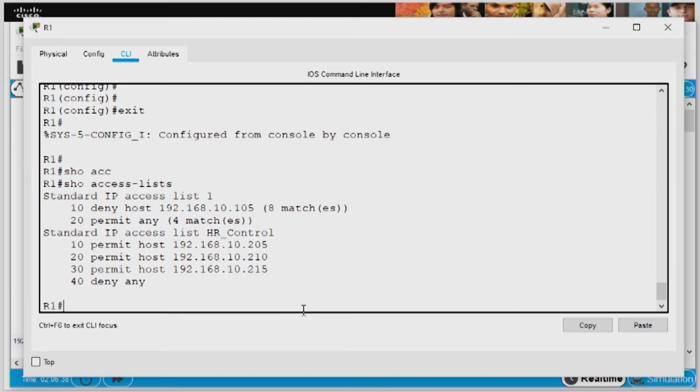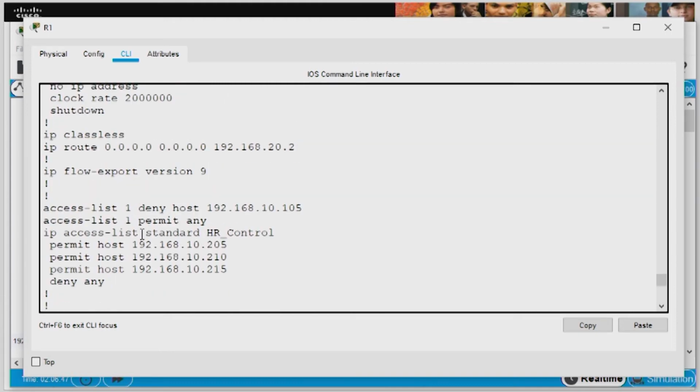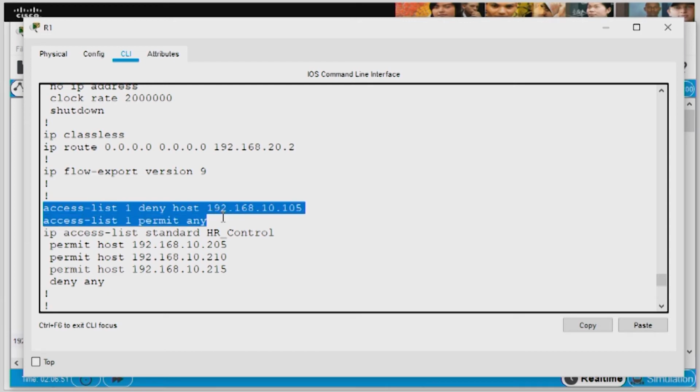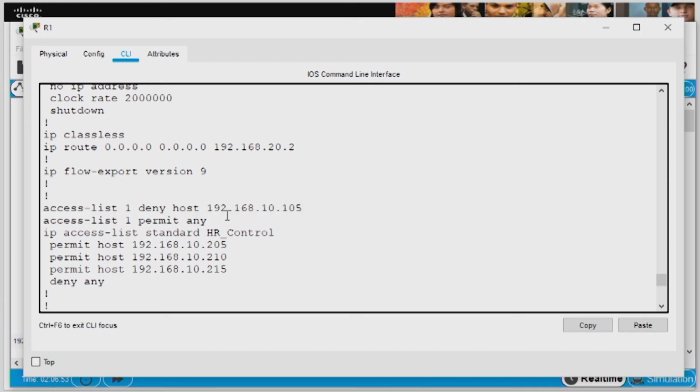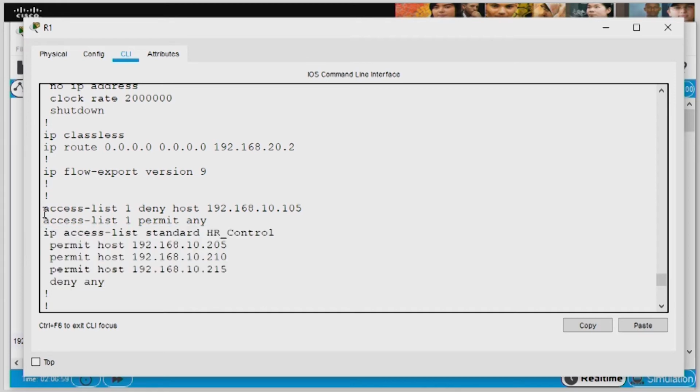So how can I save this? How can I back it up? Well, if I save my running config, show run, I would actually have my access control list as defined in here. So there's my access list 1 deny with my access list entry. So in the running config, it looks like a numbered access control list. The named access control list actually looks like a named access control list here. You can take and copy these,